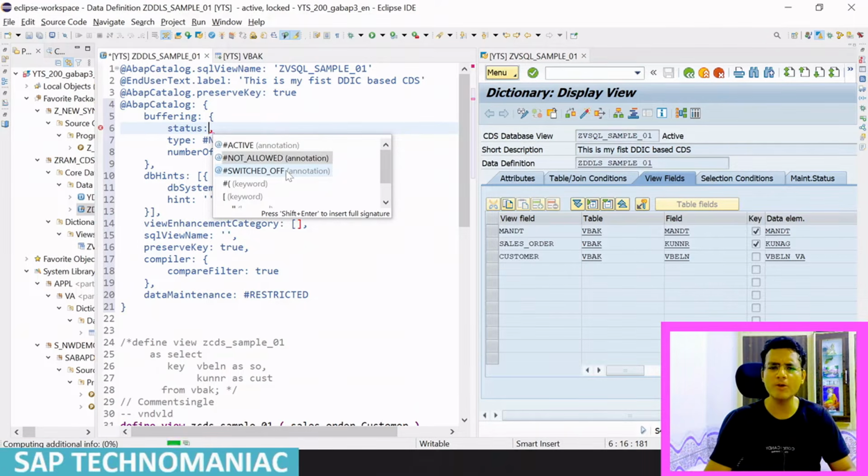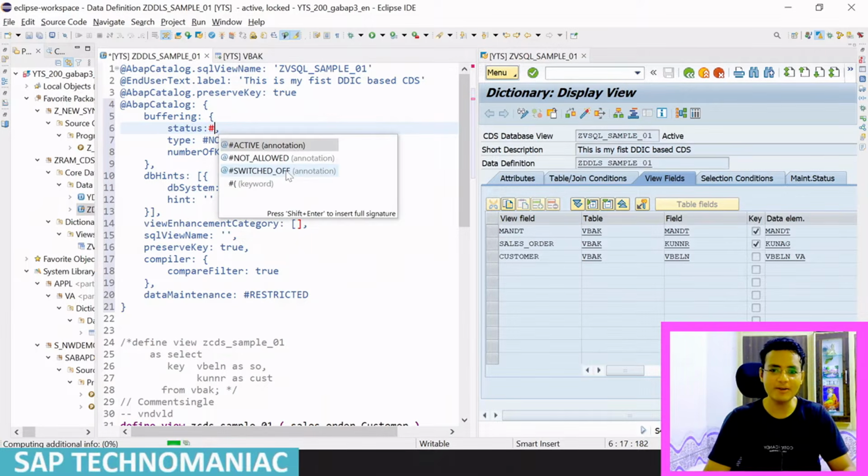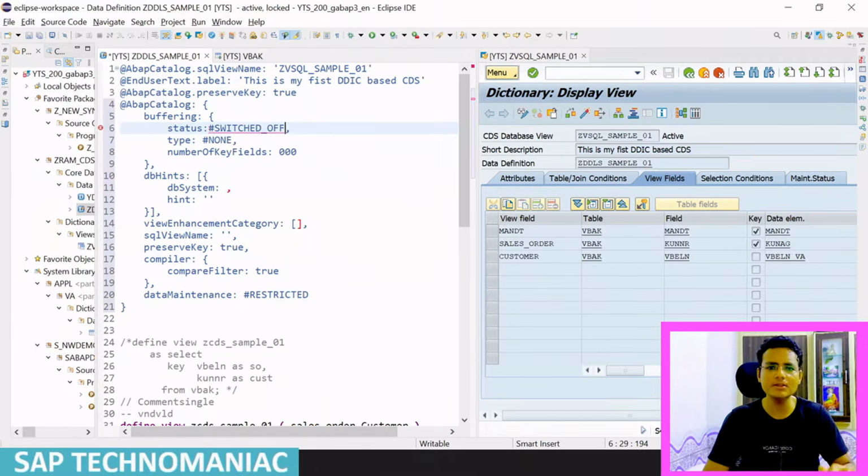As of now, I don't want the switched off annotation and the not allowed. Currently, switched off, sorry, this is not a buffered table, I want to do the switched off, which means there is no buffering at all. Okay,